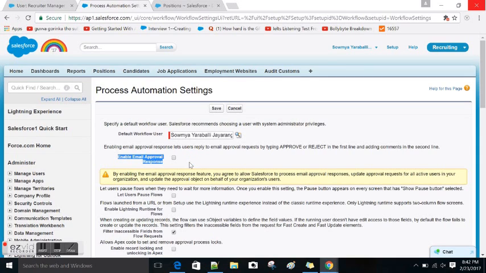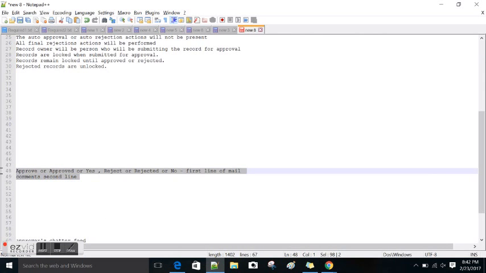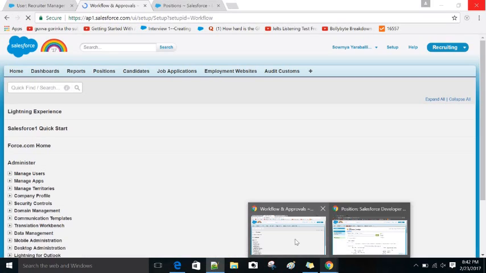Okay, here there's a field called enable email approval response. In order to enable the responses for the approval through mail, you have to check this and save it. By this you can just reply to the mail with this format, and no need to log into Salesforce for approving or rejecting the record.